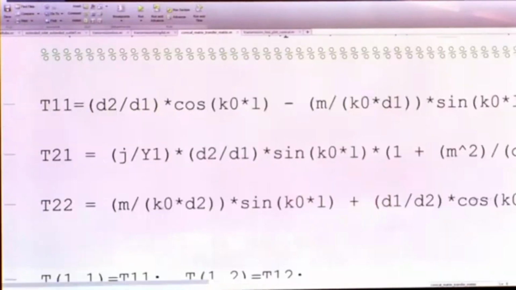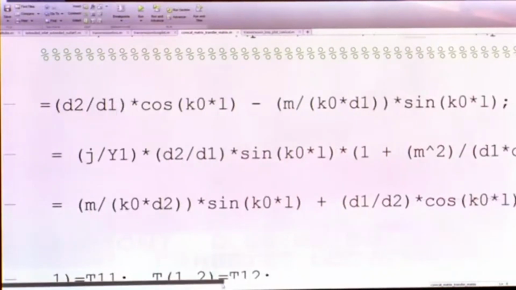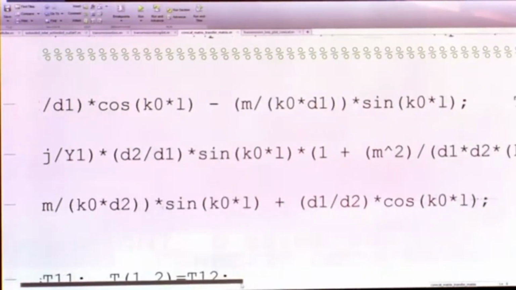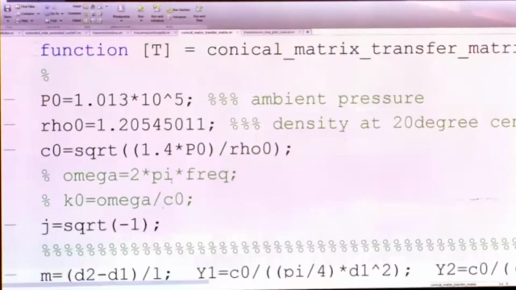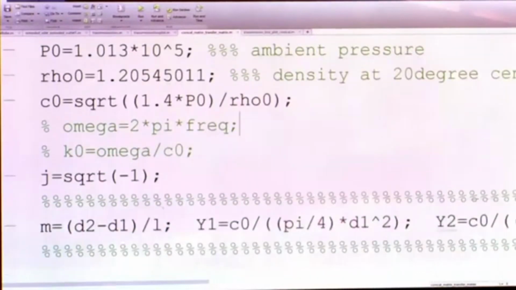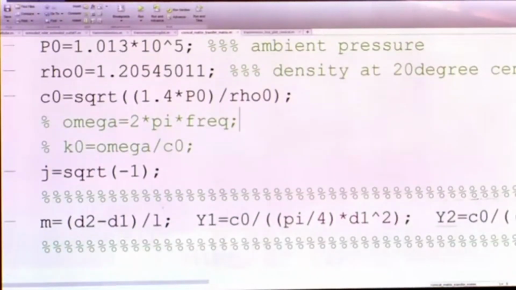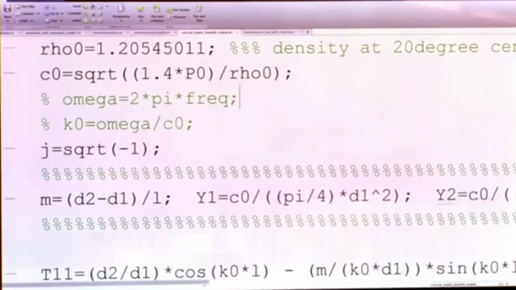Very quickly now, T11 is basically d2 by d1 into cos k naught L. d2, remember, was the diameter at section 2 and d1 was the diameter at section 1, and L is basically x2 minus x1, that is the axial length of the chamber, not the inclined length, the axial length. And m was also defined somewhere here, that is basically d2 minus d1 divided by L, and the characteristic impedance at the respective sections, section 1 and 2, are given by